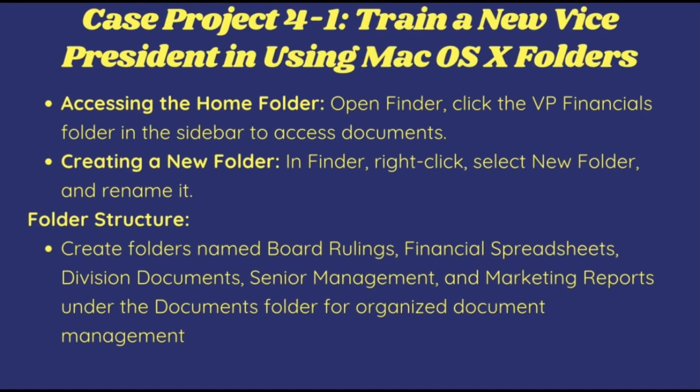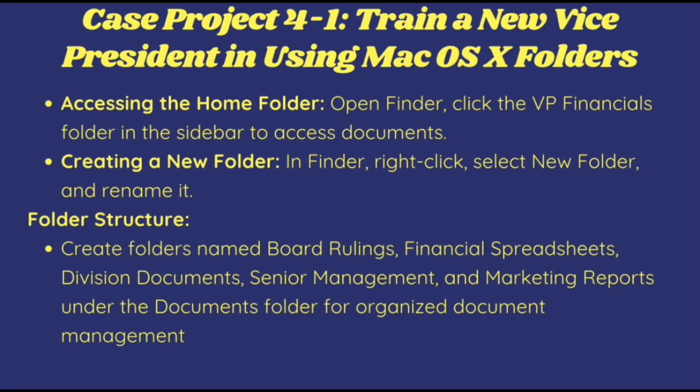Accessing the home folder. Open Finder. Click the Financial folder in the sidebar to access documents. Creating a new folder: in Finder, right-click, select New Folder, and rename it. Folder structure: create folders named Board Ruling, Financial Spreadsheet, Division Document, Senior Management, and Marketing Reports under the Document folder